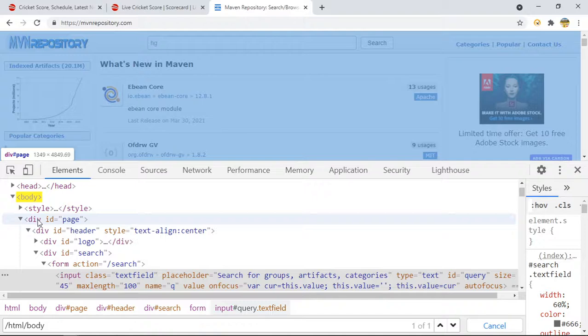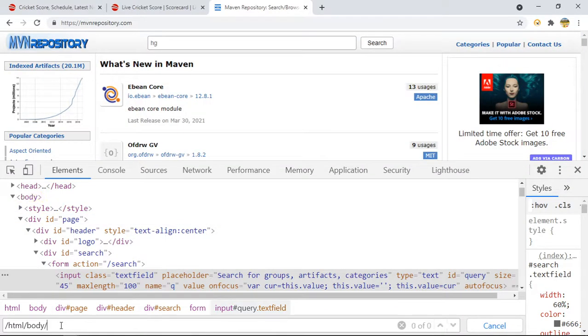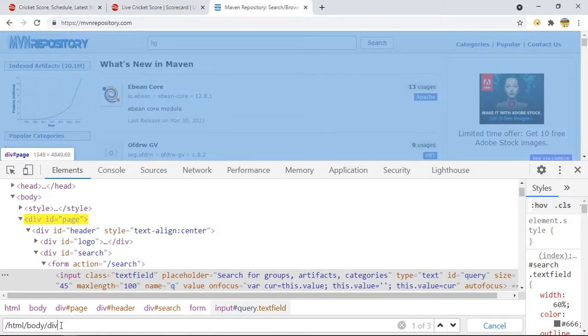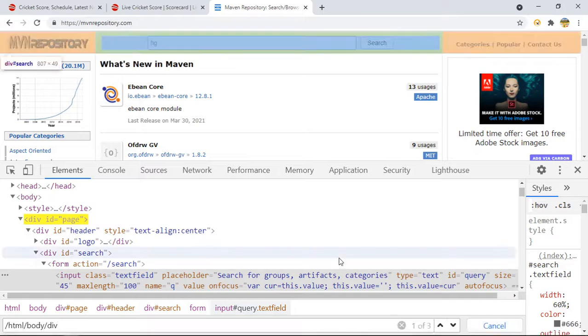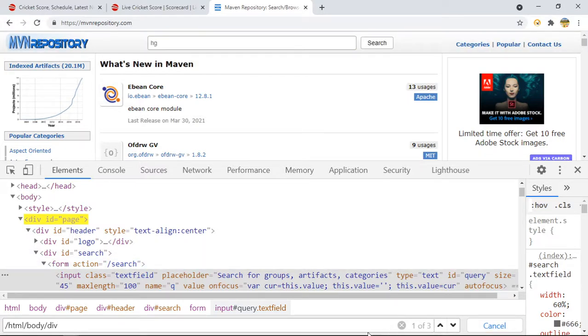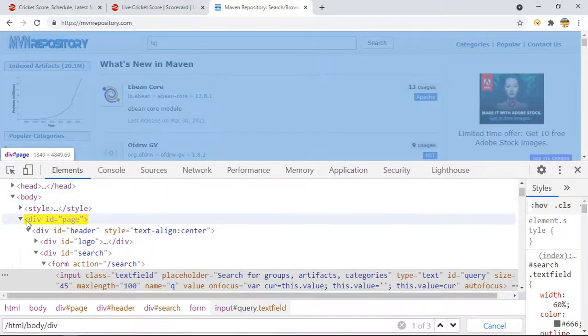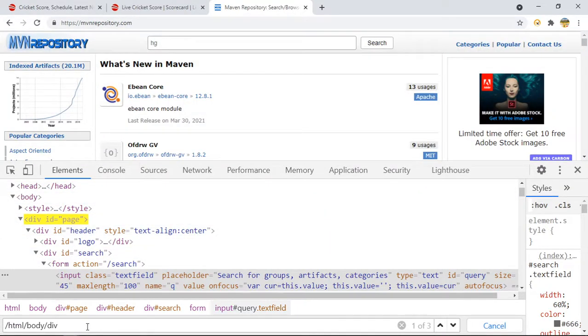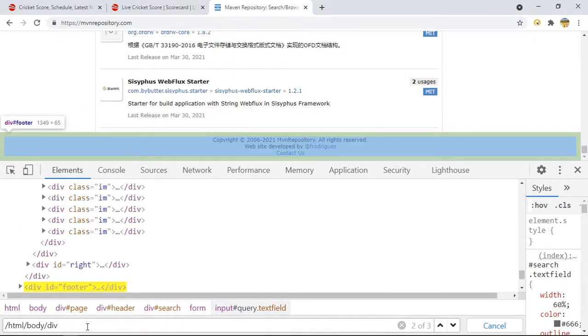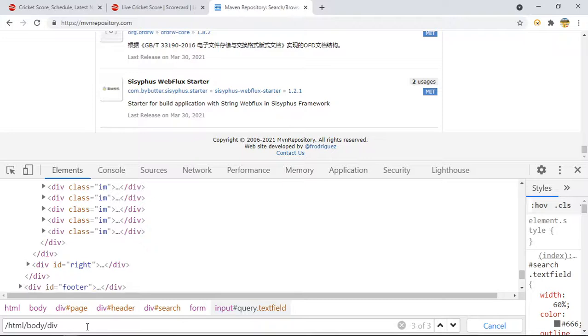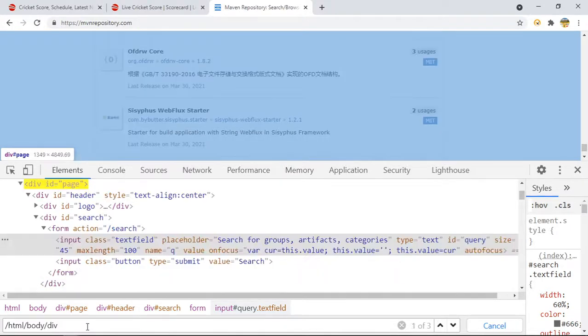So I am going inside div, right? So I will say slash div. Right now I am here, but you are getting 1 out of 3 matching elements, because once I say body slash div, there will be 3 divs. If I hit enter, this is the first one, the second, and then the third, right? So a total of 3 div tags are present.